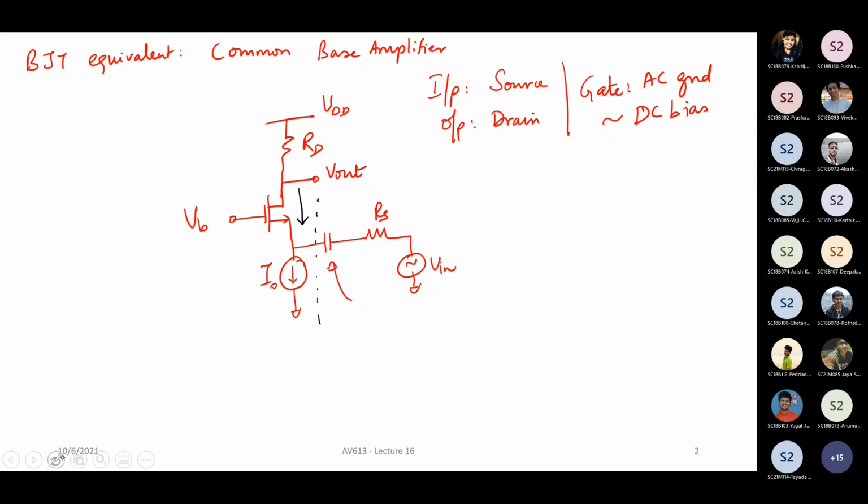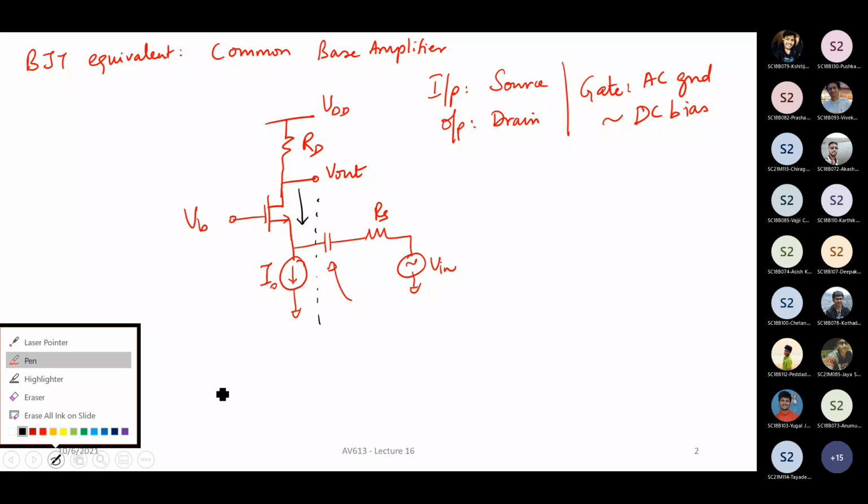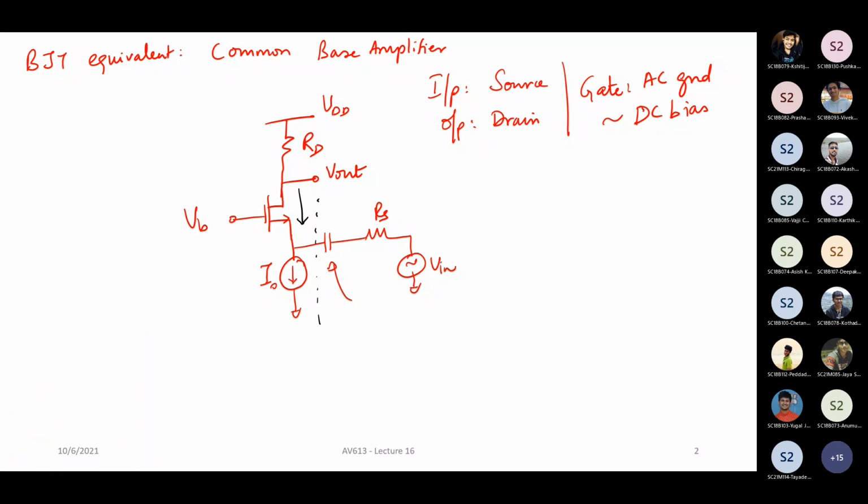The other way to do it is to have your input directly connected to your circuit. This is some VB, right? And then the bias current has to flow through the input. So typically, when you have an external input, that is, the input is not a previous stage or something like that, you typically have a current source and you DC couple the input. So this is the best way to do it.